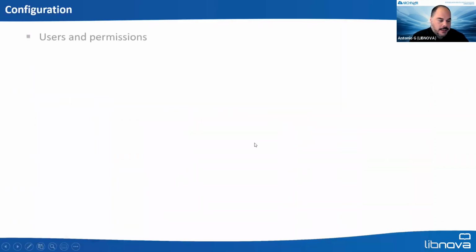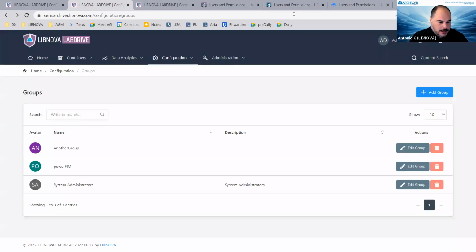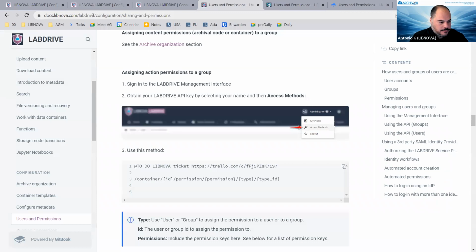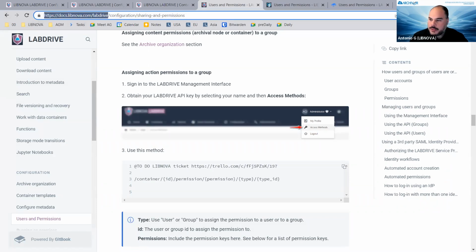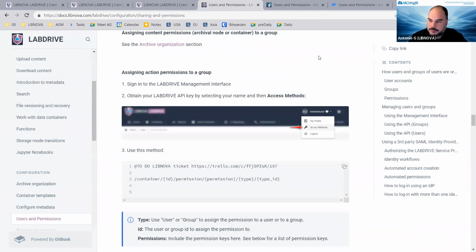We're going to basically look first at the users and permissions. In the platform, in LabDrive, everything you can do can always be done in two ways. It can be done using the interface or it can be done using the API. So one thing that I'm going to be sending you is the link to the product documentation. I hope this link is visible to everyone. If not, it's